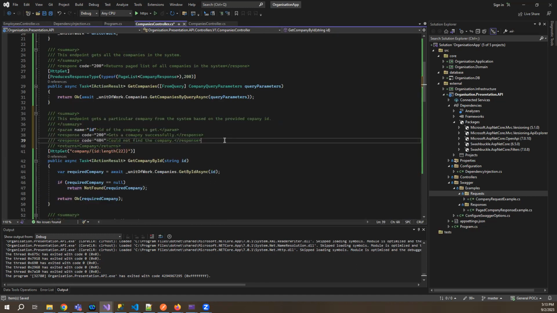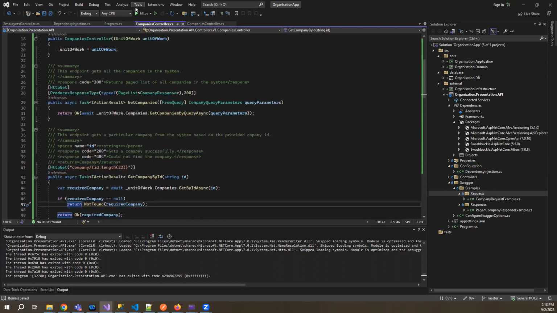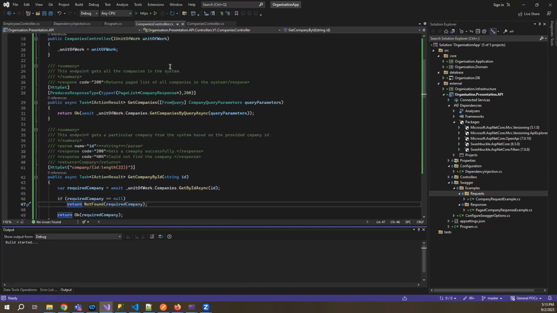So whatever responses your endpoint is returning, all can be documented. So if you see this now, I've done this endpoint gets a particular company from the system based on the provided company ID, and parameter is ID. So we can just say that this is a string. We make it bold, and this is a string. Now gets a company successfully, and if it is 404 could not find the company, not found. Now if we run this and check the documentation,